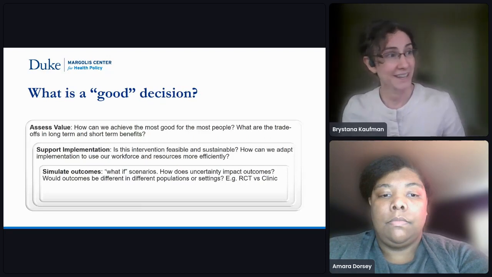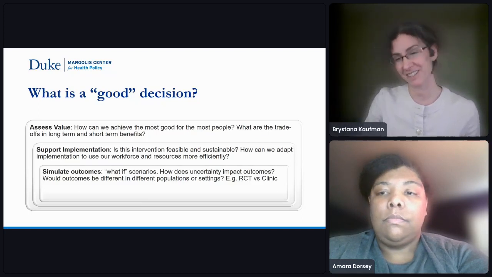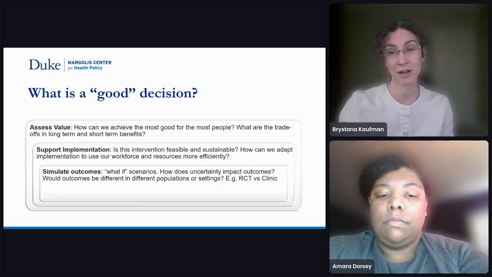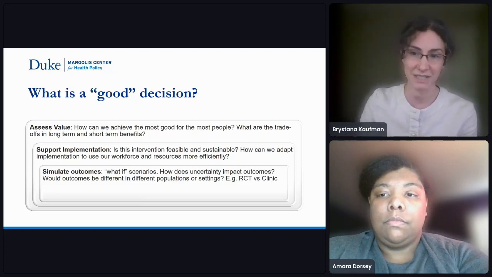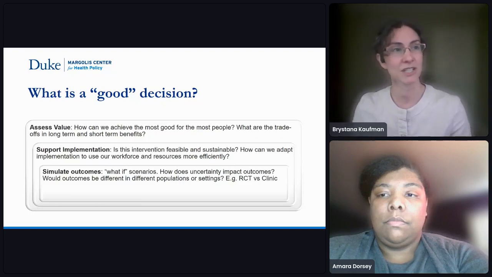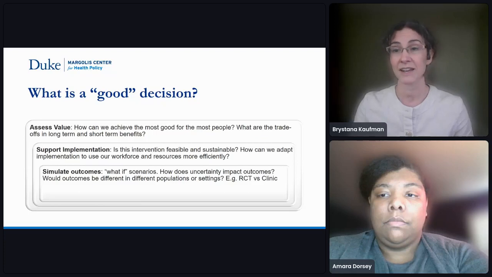The third bucket, we often use simulation to answer the what-if questions. So what if we change this assumption? What if the outcome that we saw in this trial, we have so much uncertainty? What if it's at the high end? What if it's at the low end of that estimate? And we can use simulation to understand how the uncertainty in our own knowledge can affect the outcomes for that population. And so that can really help decision makers